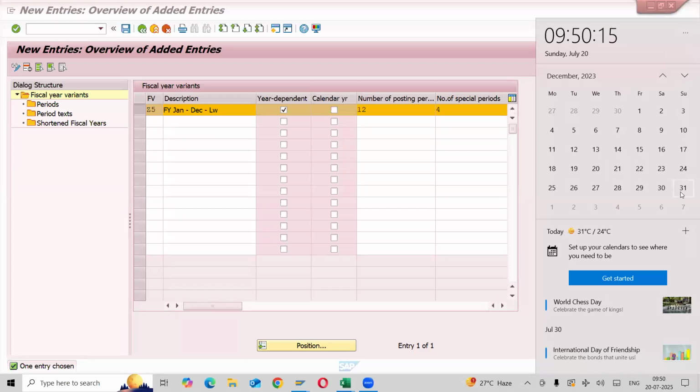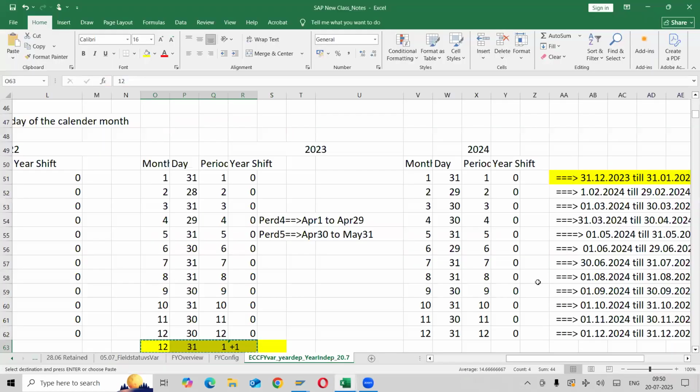31st falling on Sunday. Sunday, correct? So here, next year, again, it will start with, see here, 31. Next one, we need to start the books clear. I have mentioned here, you can see, it will start your books from,